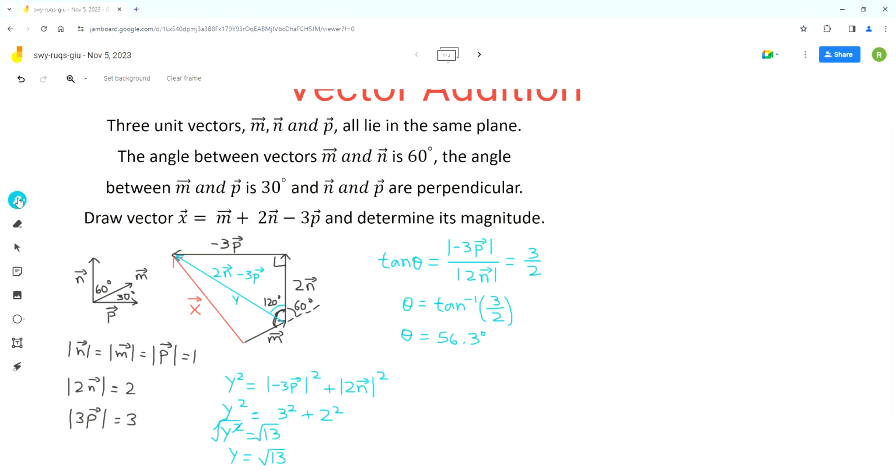So that means the value of this black angle here in this smaller triangle will be 120 degrees minus 56.3 degrees. So I got 63.7 degrees. We have to analyze this smaller triangle to find the magnitude of vector x. So this angle here is 63.7 degrees. Now in this triangle, we know this side length represented by y,